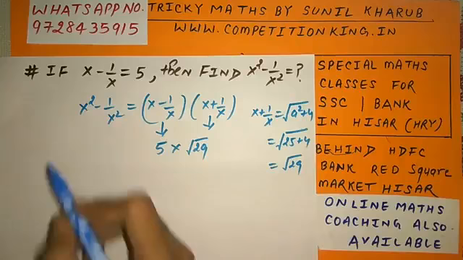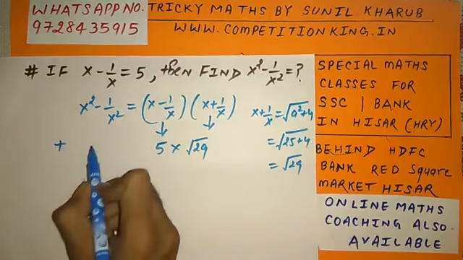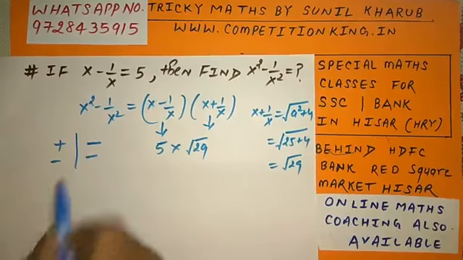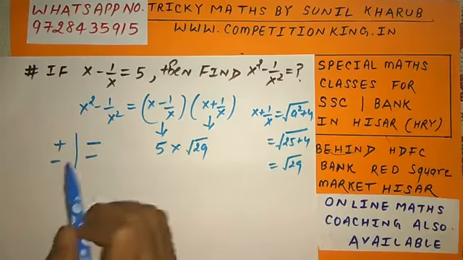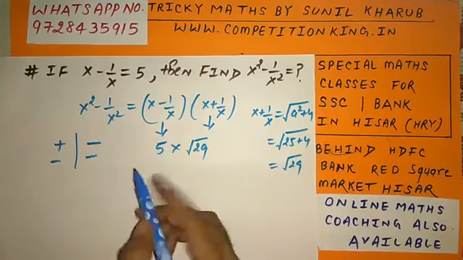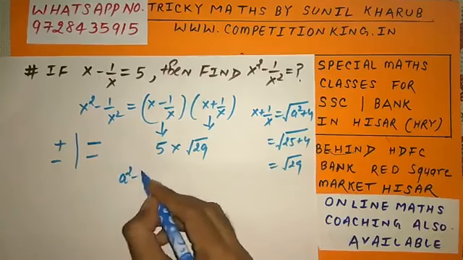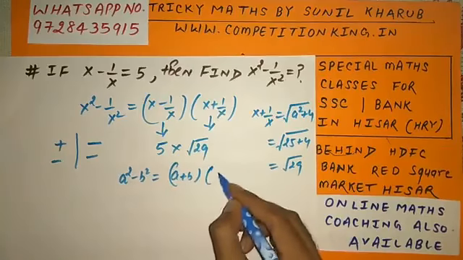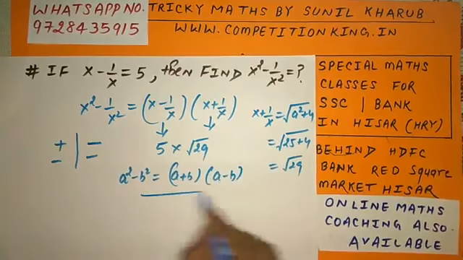Okay, you have to keep in mind, in square you can't move from plus to minus and minus to plus in the forward direction. Means you can't change the sign in the forward direction by a trick. You have to take help of this formula to find the value of square in minus.